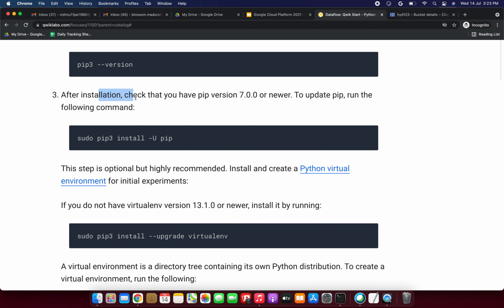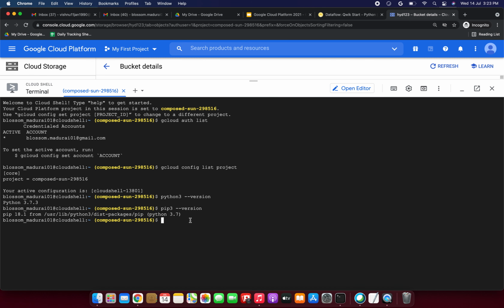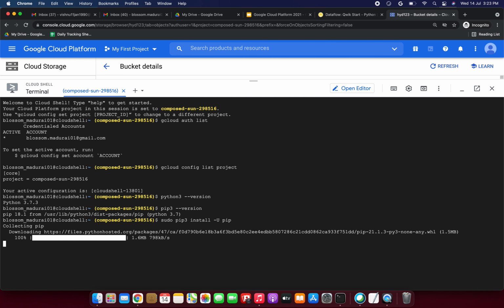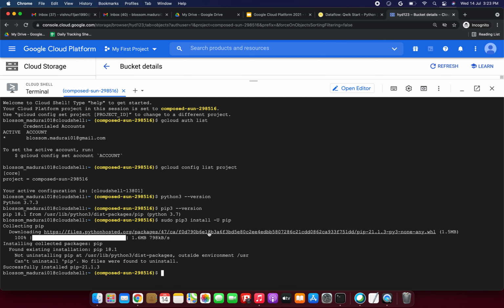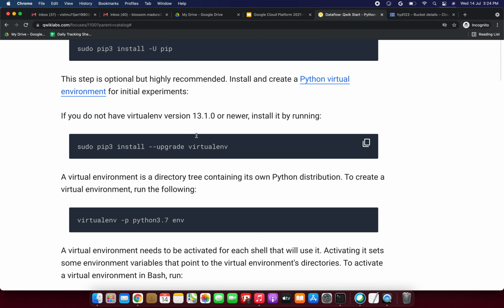After installation, check that you have pip version 7.0.0 or newer. To update pip, we need to run sudo pip3 install -U pip. Collecting pip, now installing the collected packages. Pip 21.1.3 successfully installed.